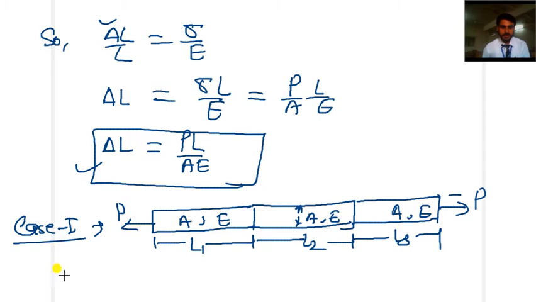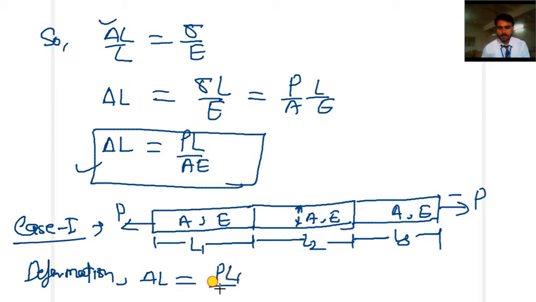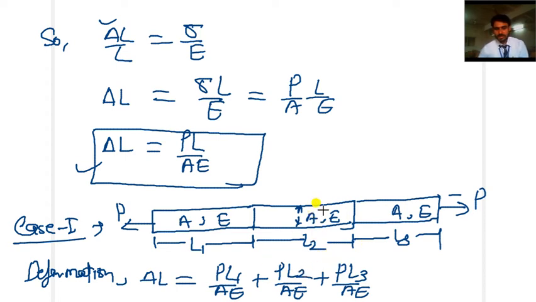we can calculate the resultant deformation of these series connected bars with the help of that formula. In that case, the resultant deflection will be equal to PL1 divided by AE plus PL2 divided by AE plus PL3 divided by AE. So we can calculate the overall deformation of the series connected bar with this formula. We have to add the individual deformations of the bars with their signs. It may vary when the nature of the load is different. For compressive load, the sign will be negative.